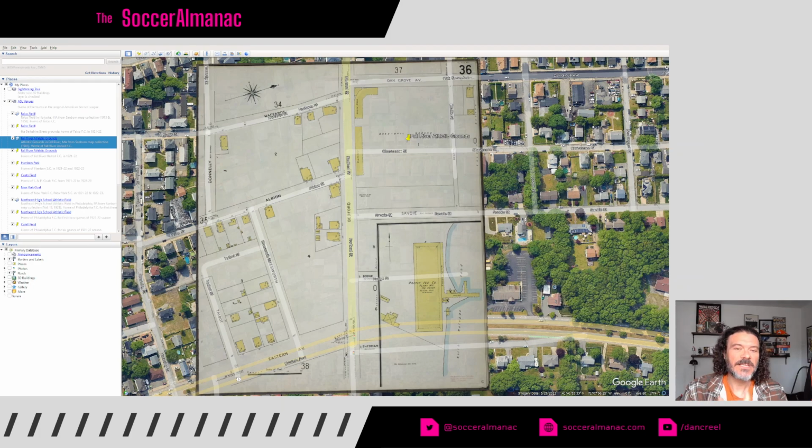Near the end of the soccer season, the owners of the Fall River Athletic Grounds, which had been the main place to play baseball, soccer, and other athletic events in Fall River, decided in mid-1921 that they were kind of done with that. They were going to chop it up and sell it as property for developers.